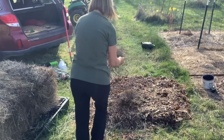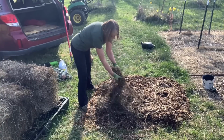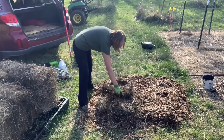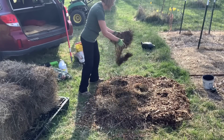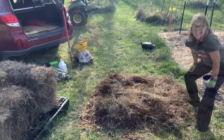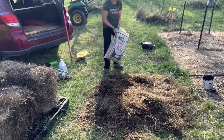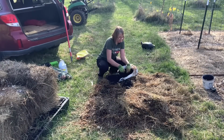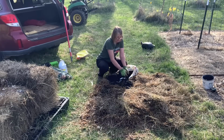I'm going to put a little hay just underneath as well. This is already rotting down, so that'll be a nice pre-composting. Next comes the ancient soil. This stuff is so friggin' heavy. I have no earthly idea how long this soil has been there and if it has any life in it